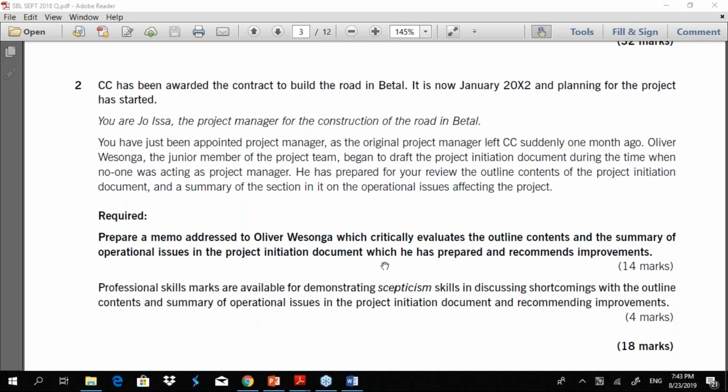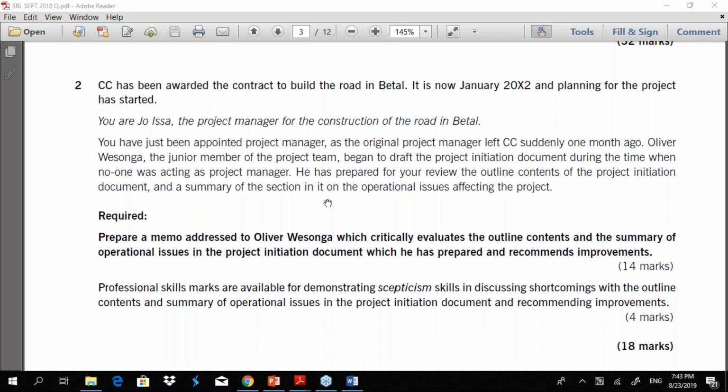Right, few things to underline. Prepare a memo. So memo is the first thing you must underline. Right, and you are addressing it to Oliver, who's the junior member of the project team. So now you're the project manager, writing a memo to the junior member of the project team.